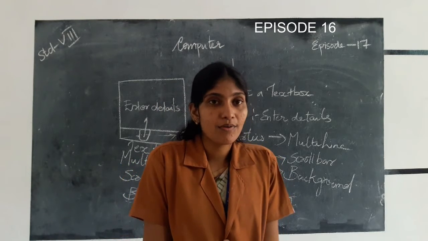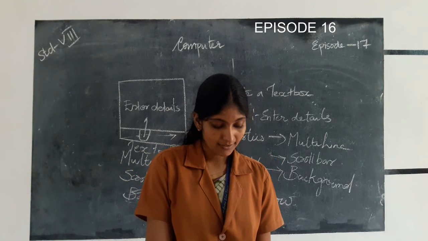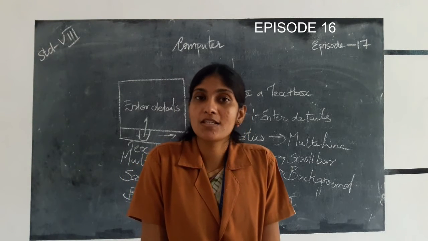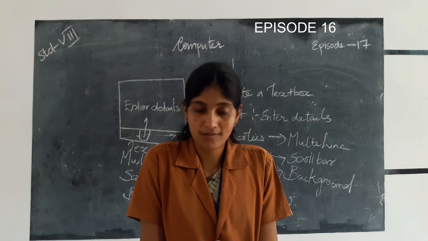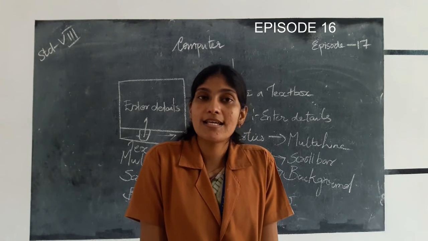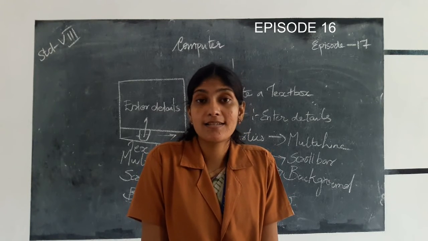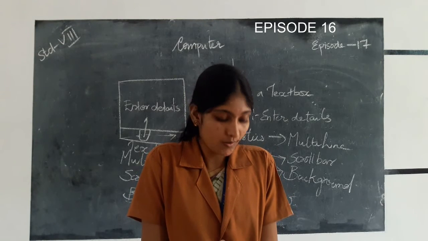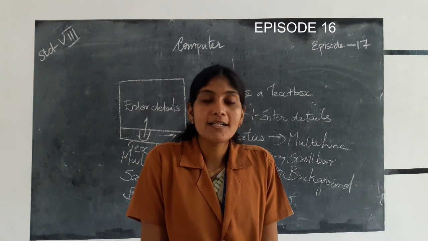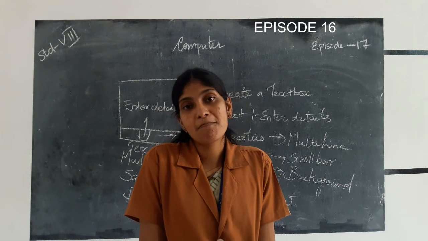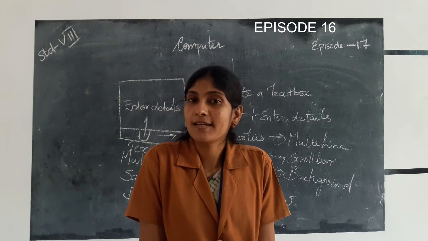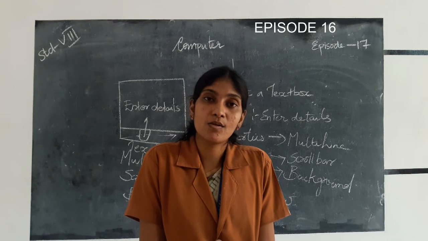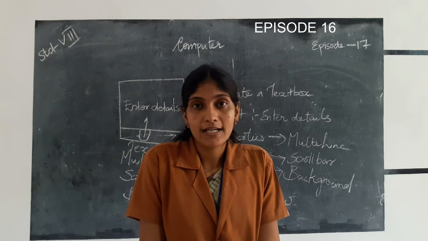Then we discussed the different types of properties and their purposes. The first one is name. Name is a property which defines the name for a text box. Second one is alignment. It sets the alignment like left, right, center or justify for the text which you entered in the text box. Then the third one is backcolor. Backcolor means if you want to set a background color for the object or the text, you can go to the property backcolor and select the color from the color palette.